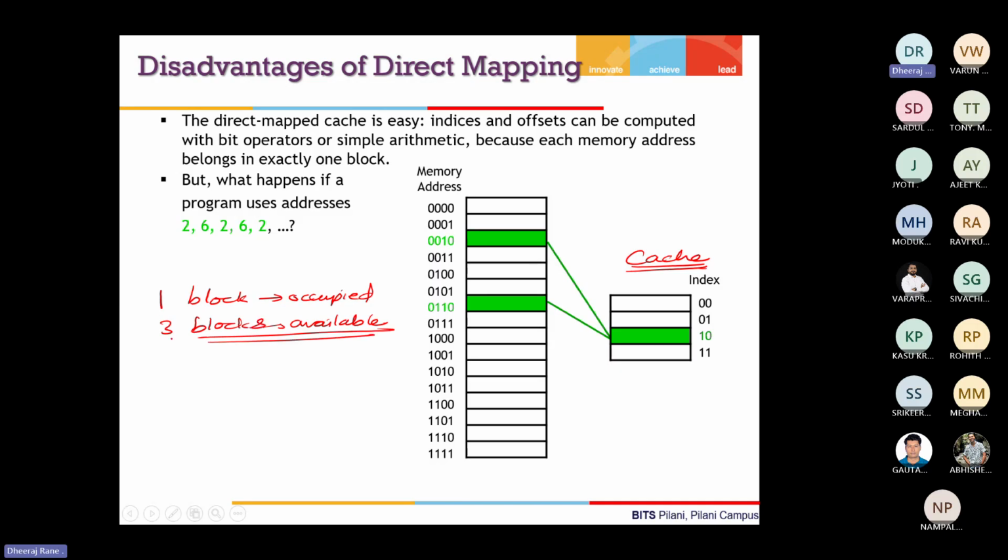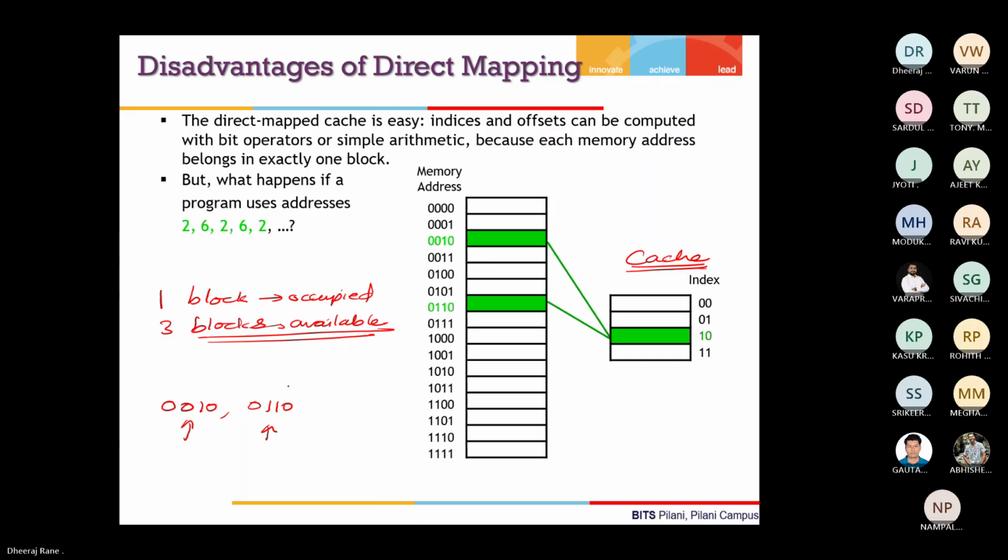Three blocks are available. So one occupied, three blocks are available. And if the memory reference made by the processor goes in the sequence that 0010, 0110. So if this is the memory sequence that is being referred by processor, so you can just have a